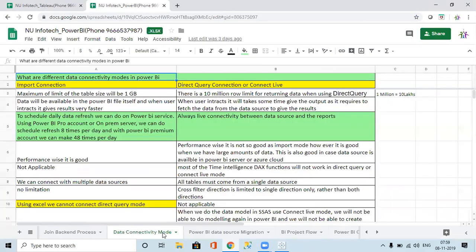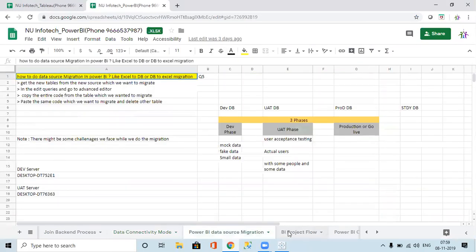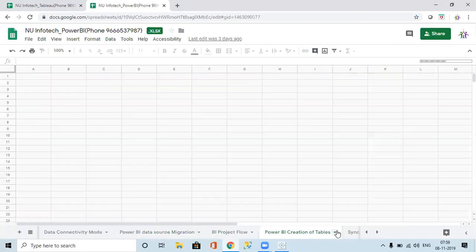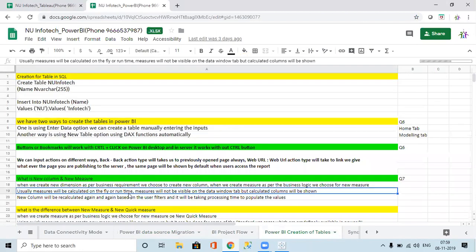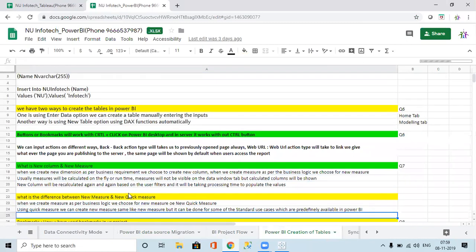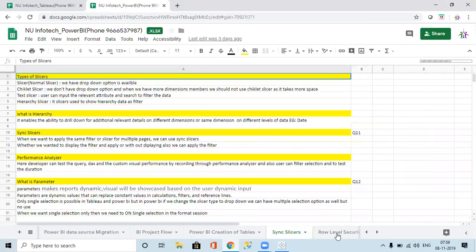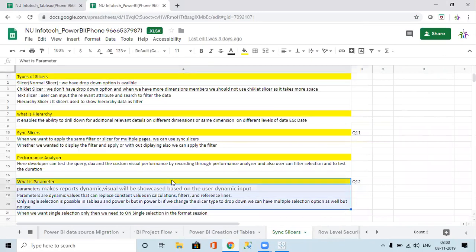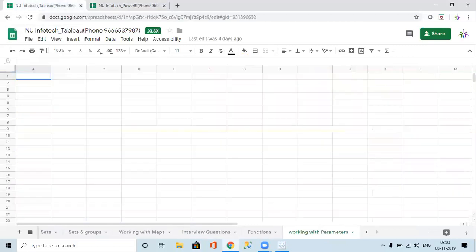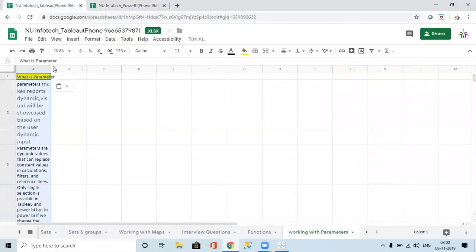But here, parameters are very, very important. I have parameters somewhere here. This is what the parameter is, and the same thing is there in Tableau also. I just wanted to give that update.